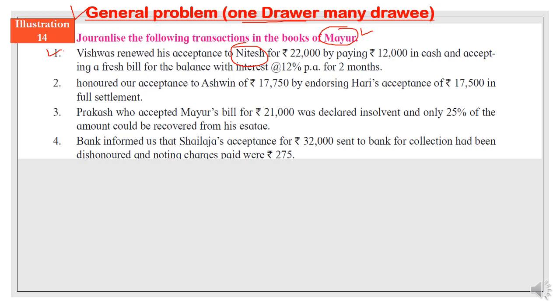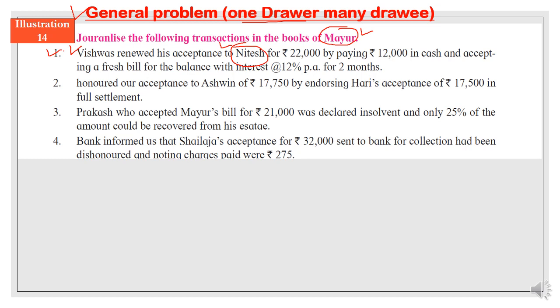But students, if you see the journal entry in your textbook, which is already solved, the entry is a little different, or it is very complicated to understand. Why, students? Because the journal entry is written for the cancellation, and cancellation and dishonor are one and the same. So if you say old bill cancelled, it means the bill is dishonored. So the old bill cancellation entry is drawee account debit to whom, with whom the bill is there, Nitesh, but Nitesh is not written in the journal entry. In the journal entry it is written bills payable.